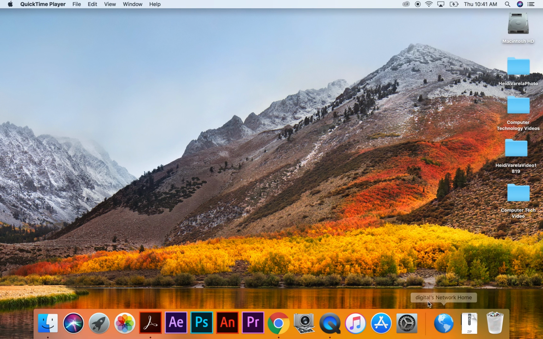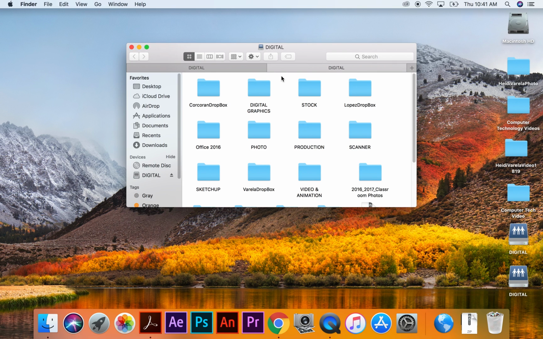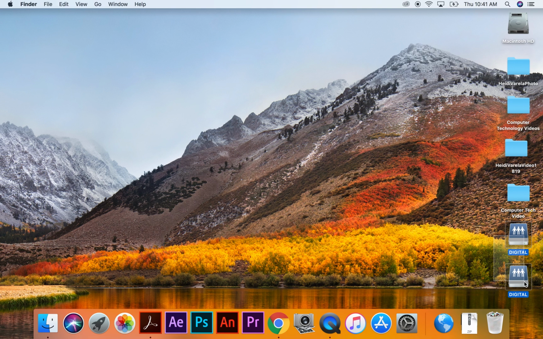So most of you should have this shortcut on your dock. It's this little globe. If you double click it, you'll see I actually clicked it twice, so it's now going to connect twice. You'll see a little icon appear. This is the icon that is your shortcut to get to all the folders on your server, okay? If you are missing